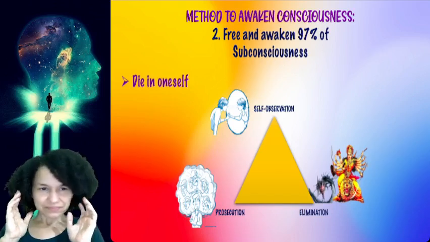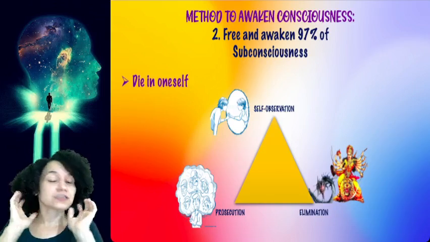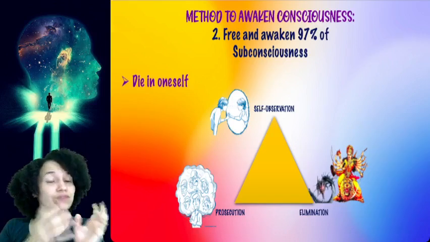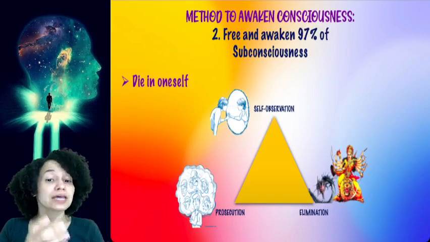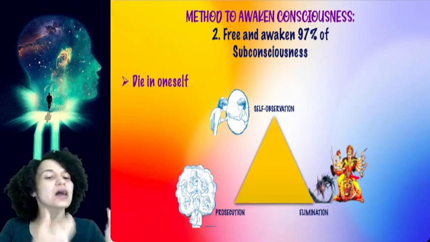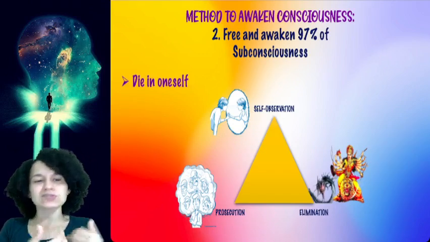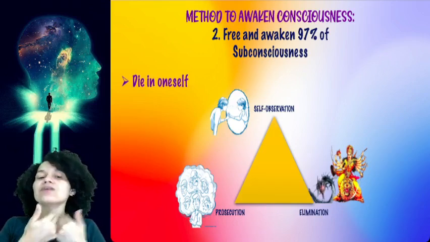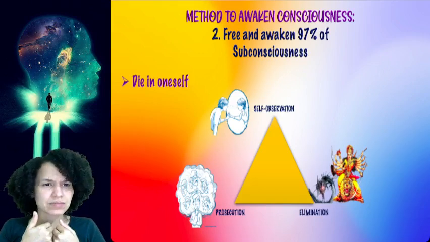And the second step is the prosecution, which is to judge that manifestation, to understand that it is the ego manifesting, that it is not my consciousness, and that actually my consciousness is trapped there, and I can understand how it is affecting me,